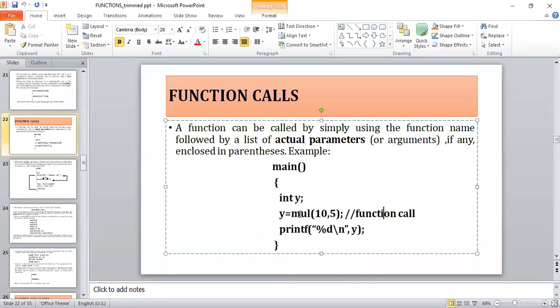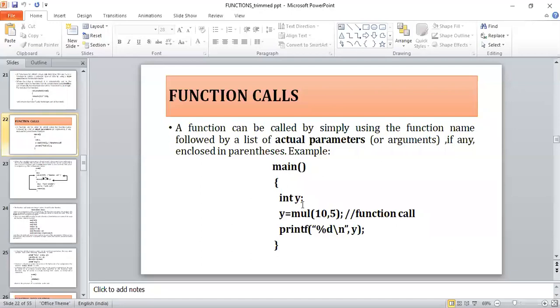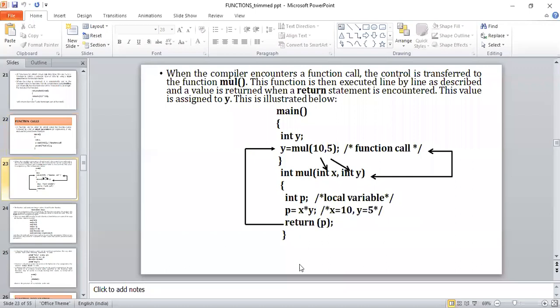Mul is the function that performs multiplication. 10 and 5 are your actual parameters, or the arguments, which have to be passed to the function to perform multiplication. This is in the main function. We have not written the code for the multiplication operation in the function body or the function declaration. After this, the printf statement prints the result. In the next slide, let us see how it exactly works.